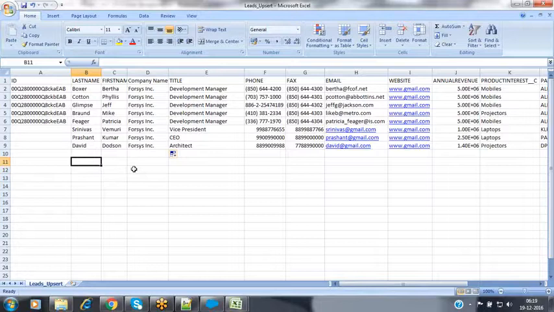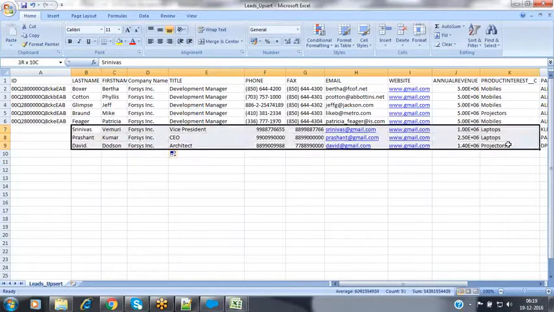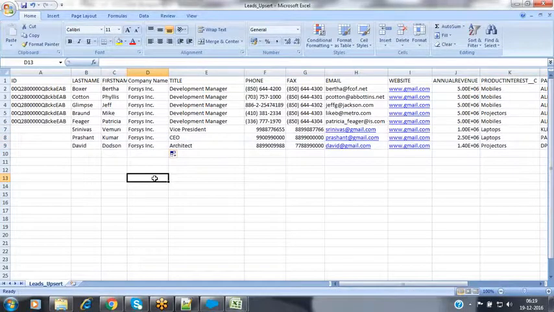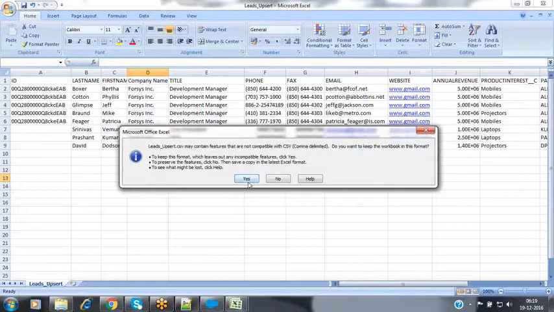For the 5 lead records, I have the IDs, and for the remaining 3 lead records, I do not have any IDs over here. The lead records which have the IDs will get updated with the latest values which we have assigned. And the lead records which do not have the IDs will get inserted into the associated object here. Then how can we perform this operation? Now let's see practically here. Now let's save this file.